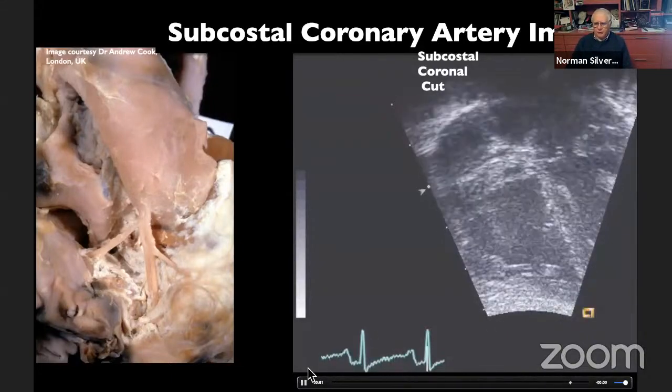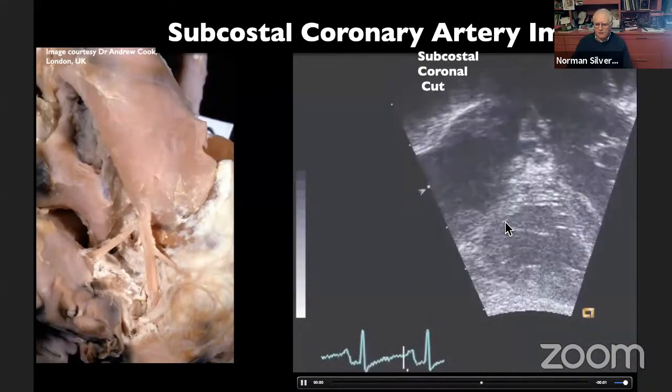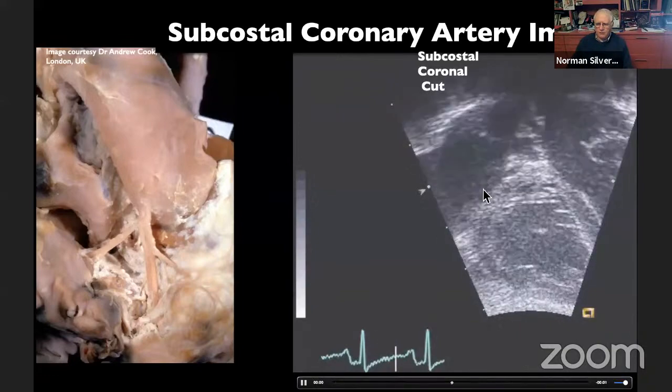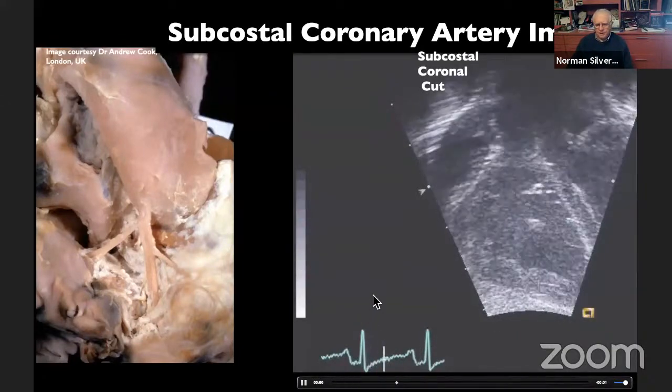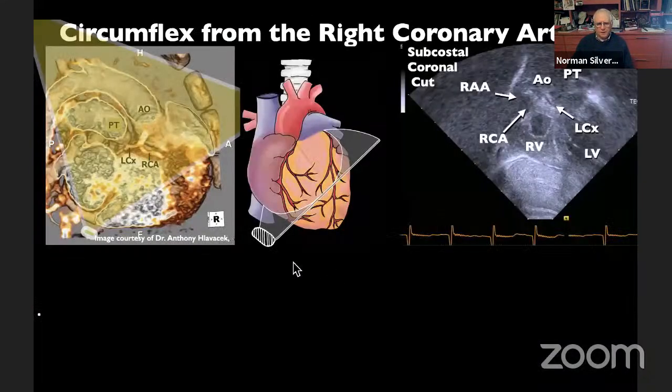And for those looking at the iPhone, perhaps I won't repeat this, but you can see very nicely how this coronary artery is only seen for a short period as the heart is ascending and descending and twisting. And then, of course, we can see some of the coronary variations. Here, coronary variations, you see the left circumflex and the right coronary artery joining into the aorta.